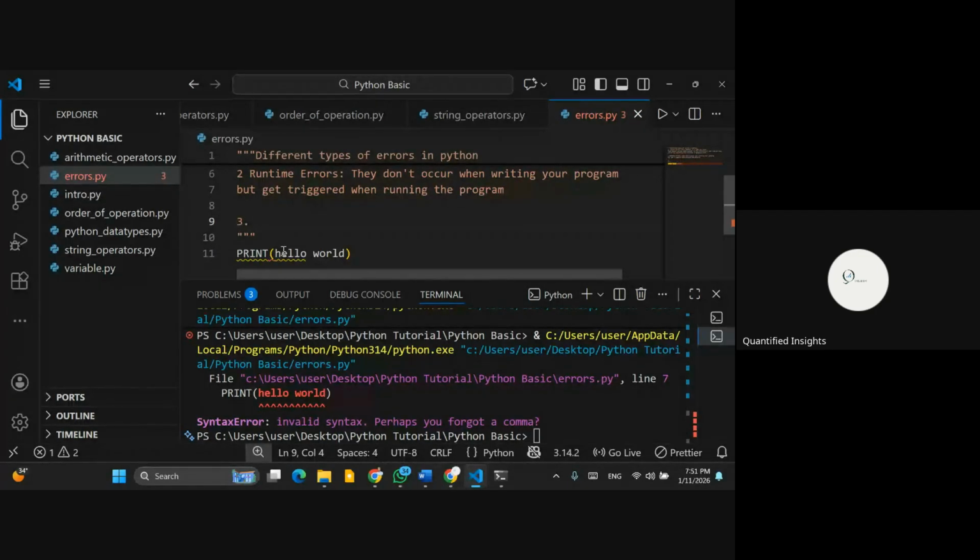Now the third error that we have is called the semantic error. All right, semantic error actually has to do with the meaning of what you wrote. That is the last kind of error we have. Semantic error. Semantic error has to do with the meaning of